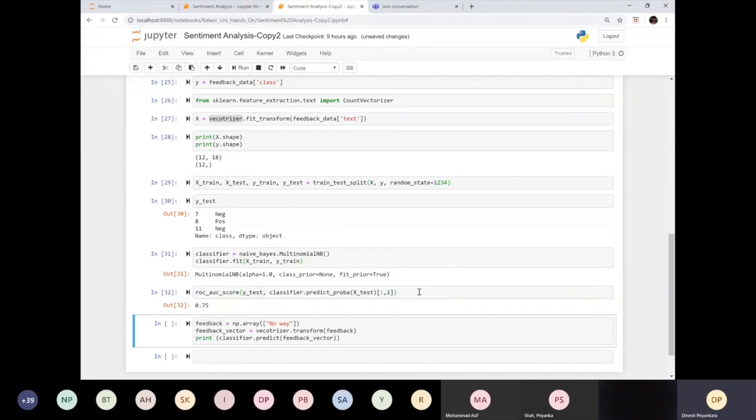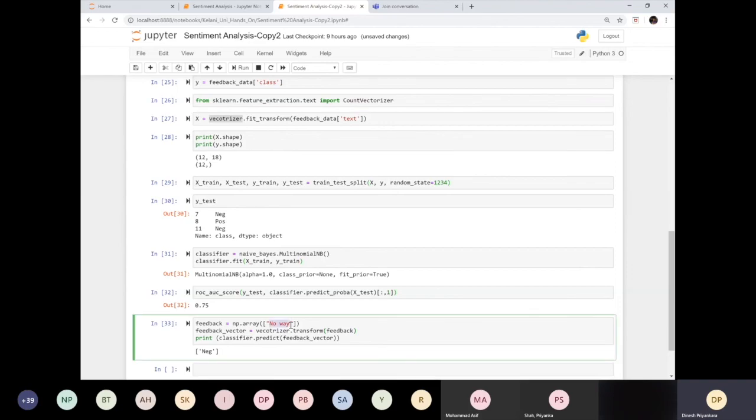Now, how do I check whether it works well? You can see I'm creating a new array with a feedback like "no way". I'm going to use the same vectorizer because I have already instantiated it. And I can check the feedback using the predict function that exists with the classifier. If I execute this, it says negative.